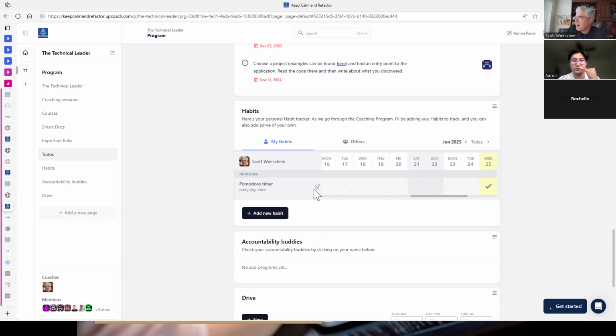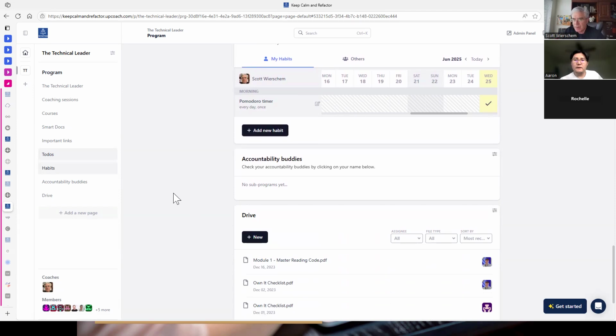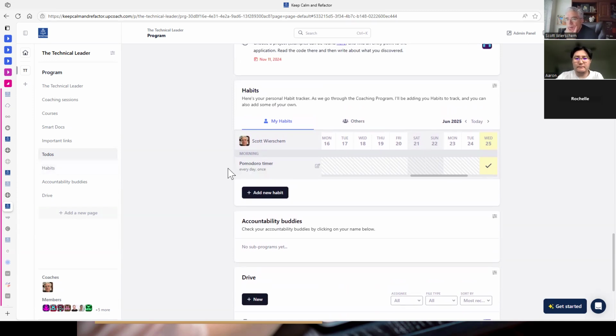My suspicion is that you can add habits for yourself, and I can add group habits for everybody to track. I don't think you're able to add habits for others. You can add habits for yourself to make sure that you're doing something you say you want to do. Like Rochelle may be wanting to find a new job, so she'll submit resumes every day. She'll check Indeed or whatever site she wants. It would be really helpful if you could define some winner's habits for software engineers. Absolutely, as a group we could practice that.